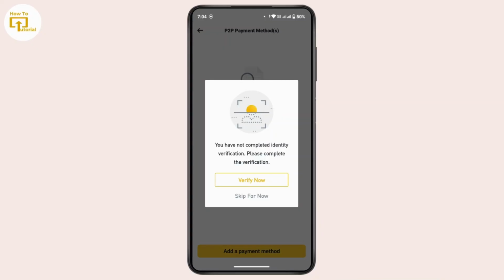So once you have the identity verification completed in your device, you will have an option to add the payment method. There, tap on add a payment method and you will get various options to add payment method depending upon your country. There you may select any one of the service providers in order to add